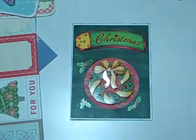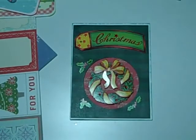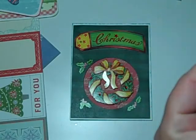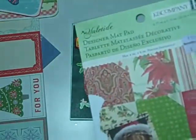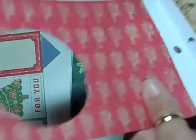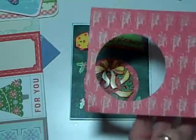And then in the background, I used, where's that other pad? Here we go. And I'll get right to it. This page is from the Yuletide collection from King Company. I didn't even cut the paper out. I just laid it out flat and measured the circle I needed to cut